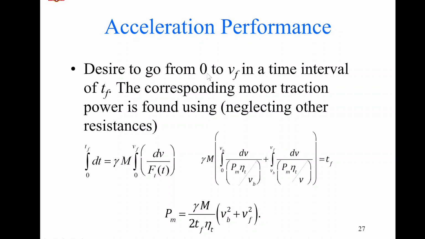So if we desire to go from 0 to Vf, the vehicle longitudinal speed, in a time interval of Tf, the corresponding motor traction power is found using this term. Here we are essentially neglecting most of the resistances. So going from 0 to Tf, we are taking gamma into m into the integral from 0 to Vf of dV by Ft. This force we would write as tractive force, and after solving the integrals